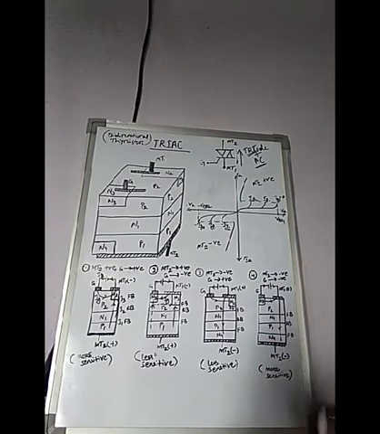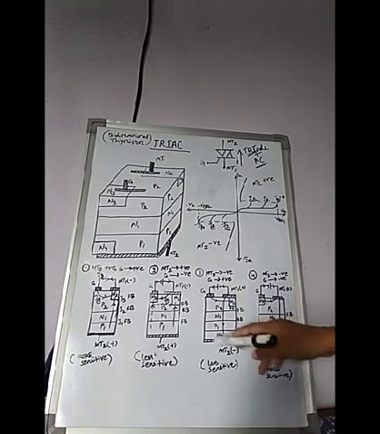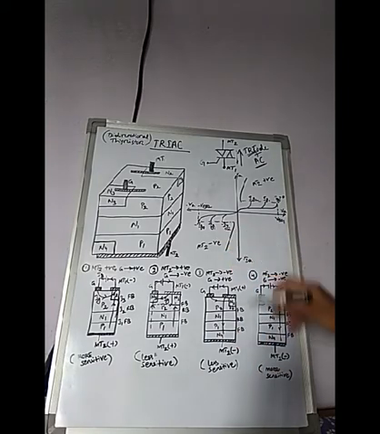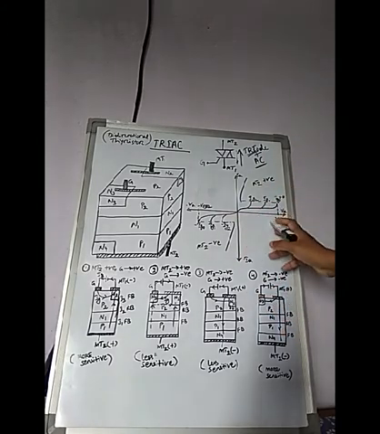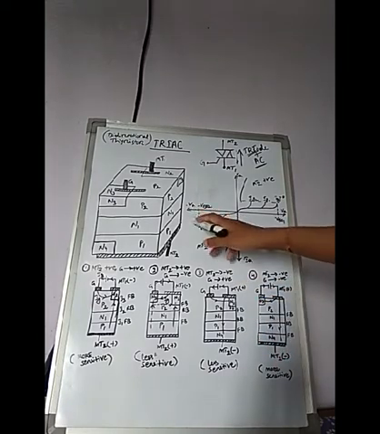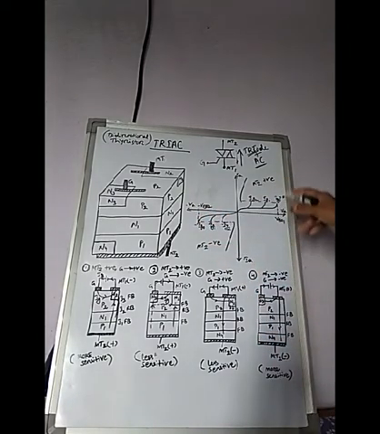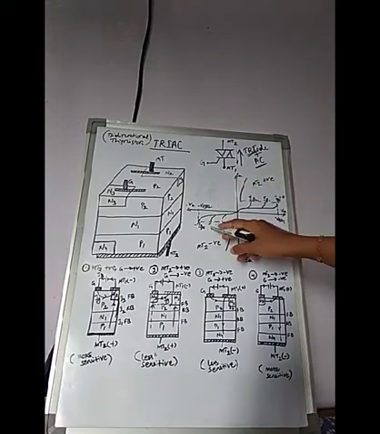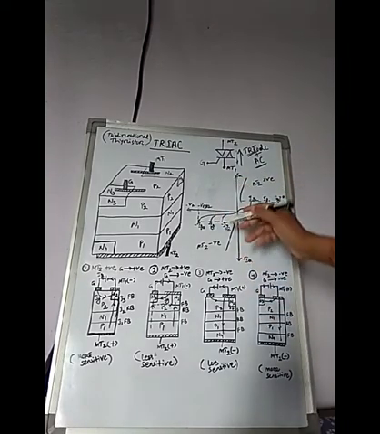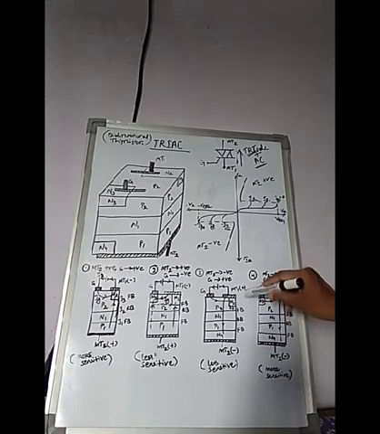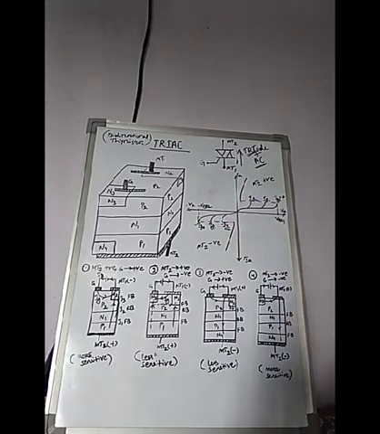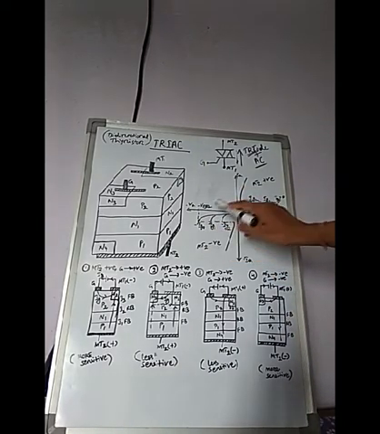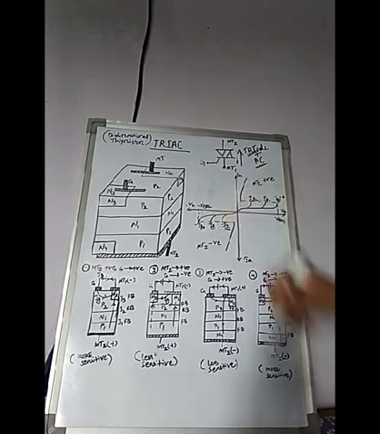In the third quadrant, the VI characteristics of this mode of operation are drawn here. When MT2 is negative and MT1 positive, that is the opposite of the first quadrant. So where VA and IA were positive, here VA and IA are negative. Whatever characteristics you found there, the same characteristics are found here, but in the reverse direction. In the negative reverse direction, when the voltage is increasing with no gate signal, the device can turn on only by the forward voltage triggering method.